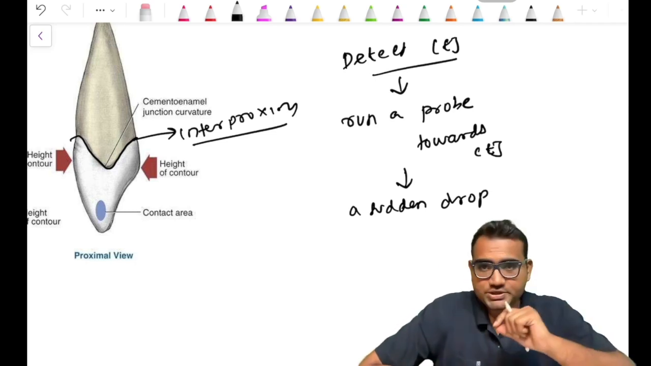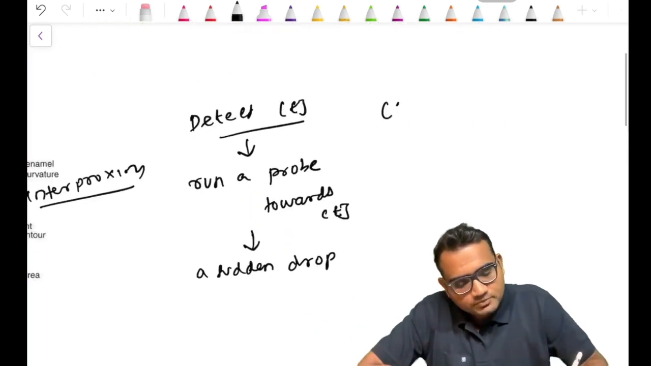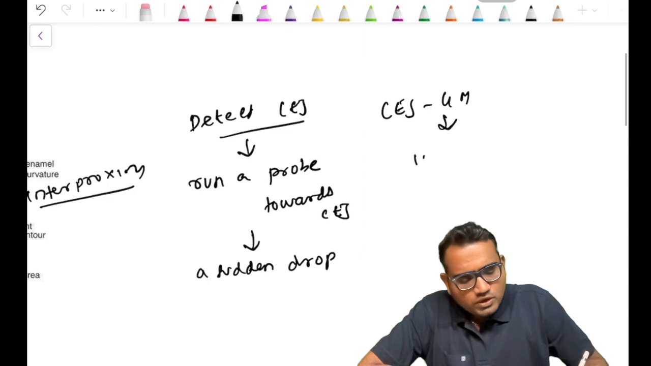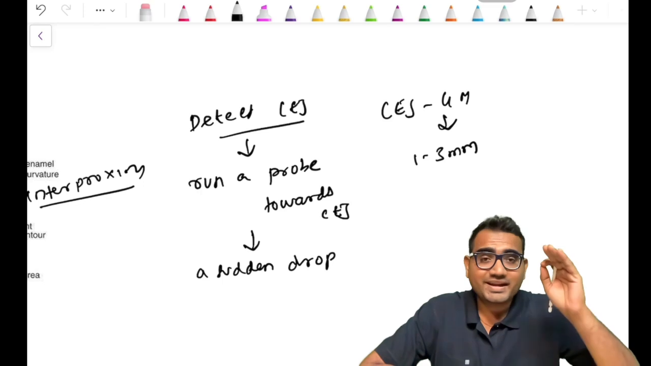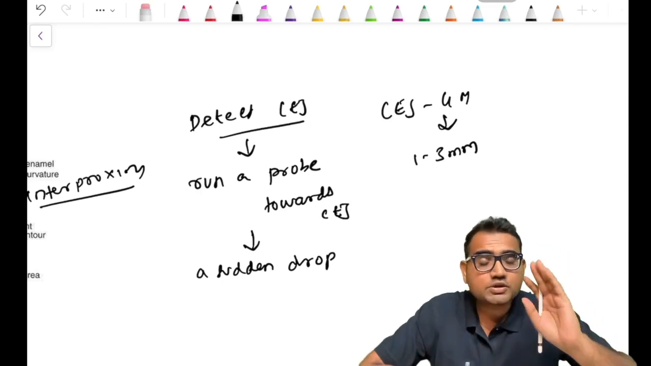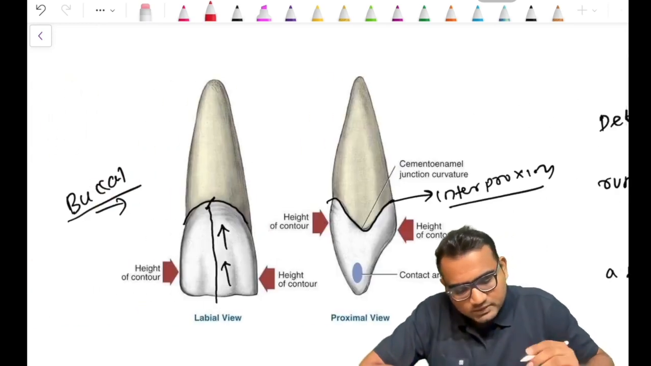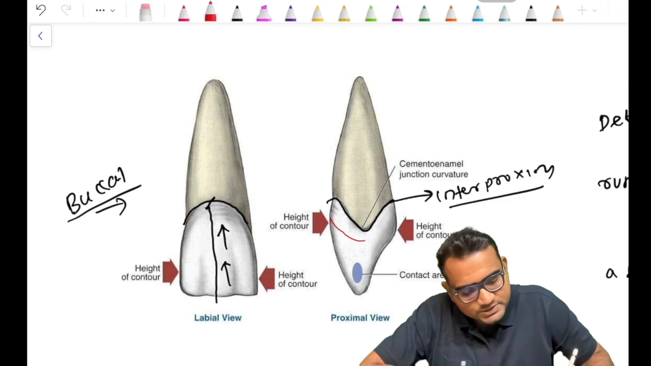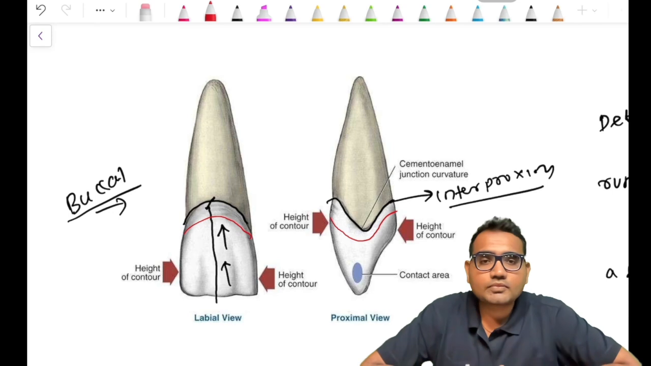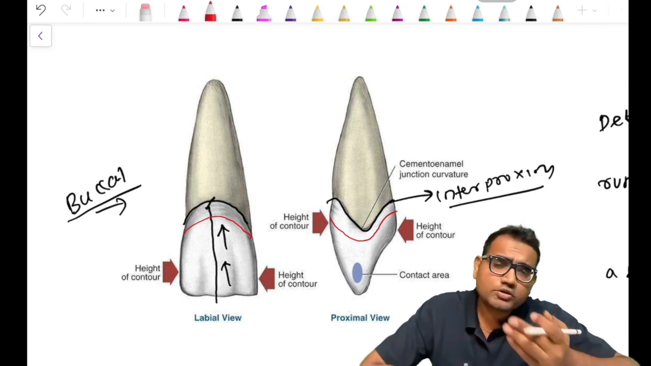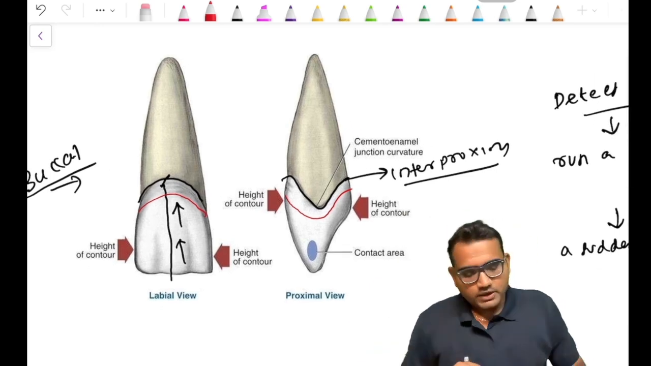So if you look at the distance from the CEJ to the gingival margin, it is approximately 1 to 3 mm. So am I right in saying that the gingival margin in a healthy patient is always coronal to CEJ, which means it's above the CEJ? Fine. So let us assume that the healthy patient will have the gingival margin somewhere here. Am I right in saying that? Because it is usually coronal to CEJ, approximately 1 to 3 mm. Fine. Do you have any doubts in this? Okay. Now, moving on,